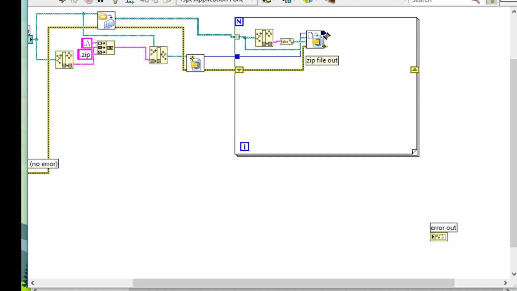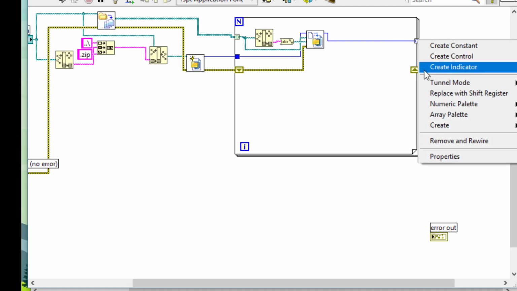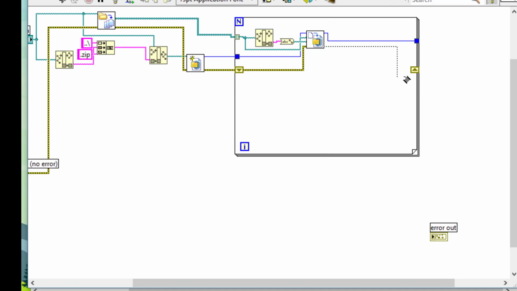Let's pass this reference through, set it to tunnel mode last value, at the error wire,